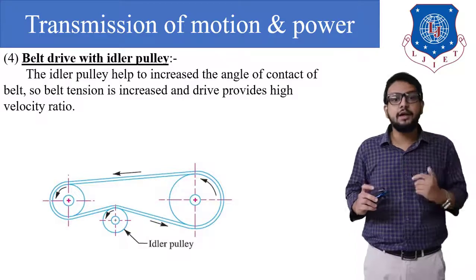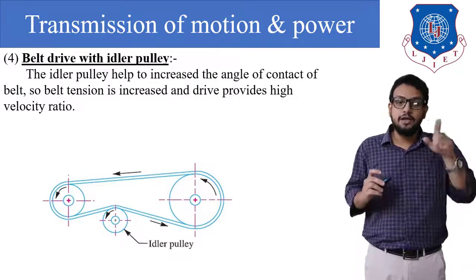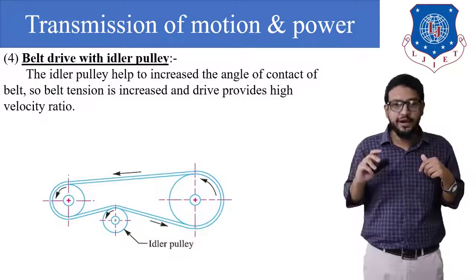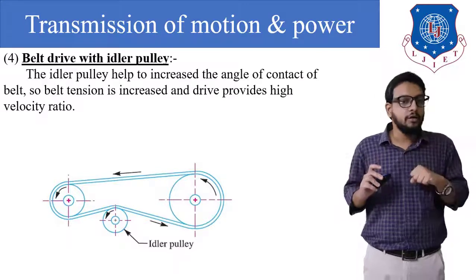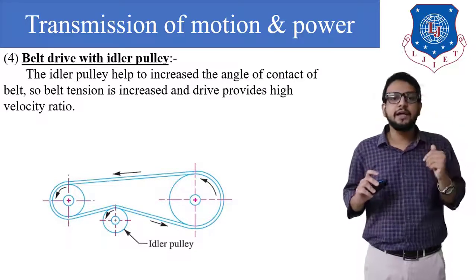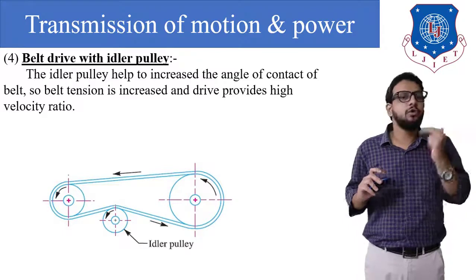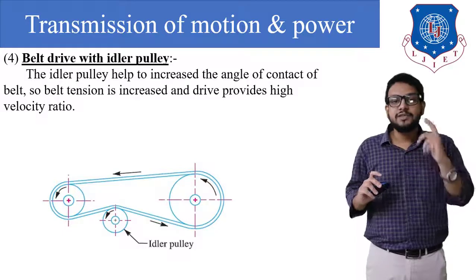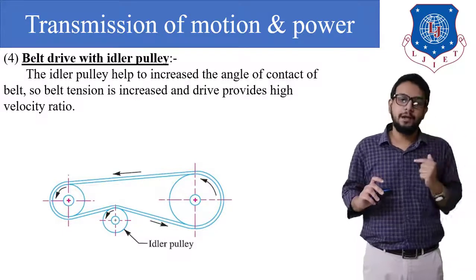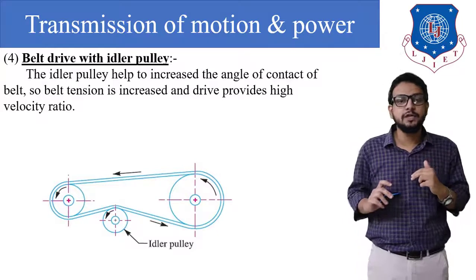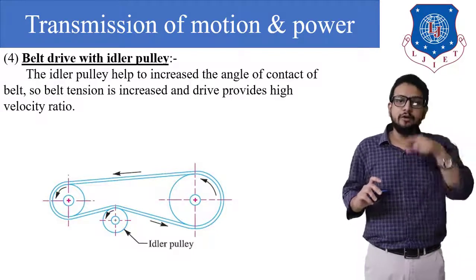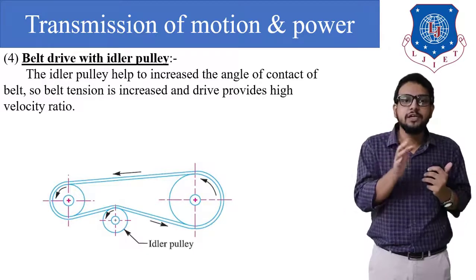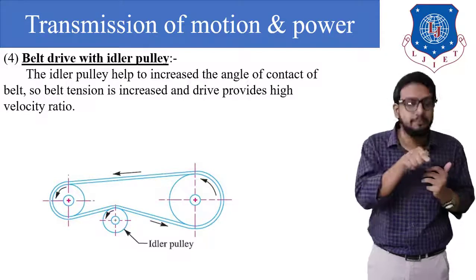You can see that the driving shaft is rotating in an anti-clockwise direction, there is a smaller pulley. The driven shaft is also rotating in the same direction, right? So it is an arrangement of an open belt drive. Now in this case, which will be the tight side? The upper side will be the tight side and the lower side will be the slack side. Now because of the slack side, there are chances of slip between the smaller pulley and the belt. If slip takes place, then the driver will move forward but it will not carry the belt along with it, which means the belt will remain stationary whereas the driver will rotate. So this is called slip, right?